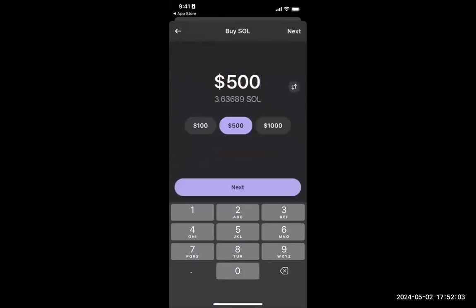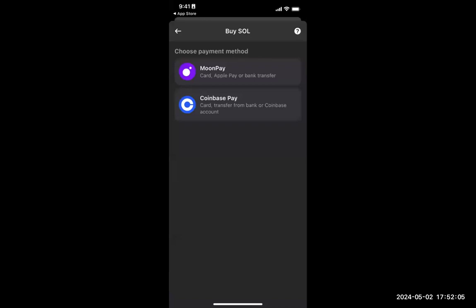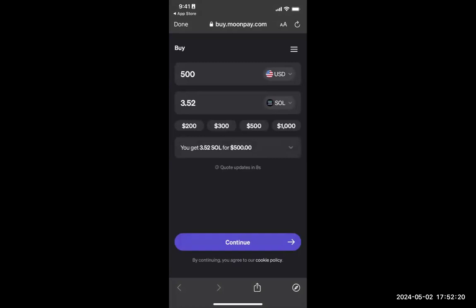Let's say it's 500, right? Press next, and then it's going to give you some service provider choices, right? So let's say you click MoonPay, and then it's going to prompt you to fill out your information. It's called a soft KYC, basically for fraud protection and security protection. But basically,